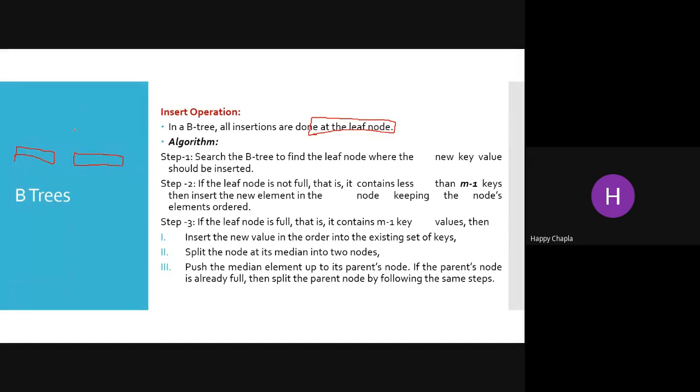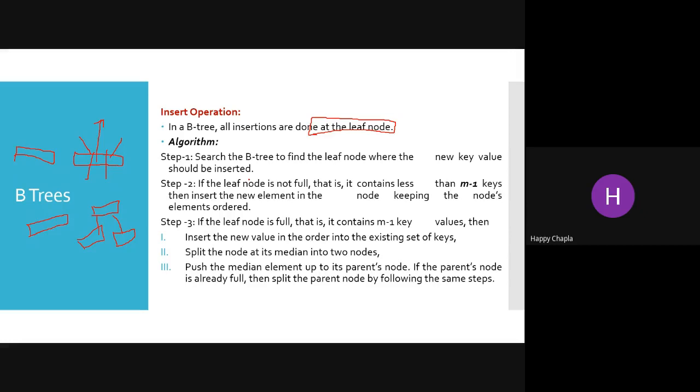That means it has become full, so what will you do? You will split it, right? You are splitting this node, and this one is your first node. We are splitting this node into two parts. So someone becomes the root node and we split this node, right? So we will make one value from the leaf the root and divide the rest into two parts, right? Now search the B tree to find the leaf node where the new key value should be